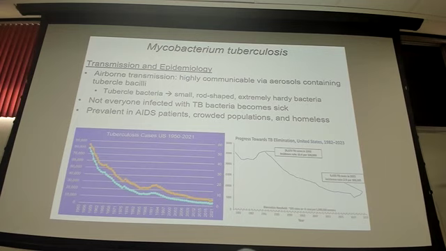If we look at these trends over time, tuberculosis cases have been dropping steadily, particularly since the 1800s when we started having better hygiene practices, especially in the United States. If we look from the 1950s going forward, we see a huge drop in the 1950s. This is when we started to develop antibiotics like streptomycin in the 1940s and rifampicin and isoniazid in the 1950s. So when we had those drugs available, TB cases continued to drop in conjunction with a really robust infection control public health response to tuberculosis.